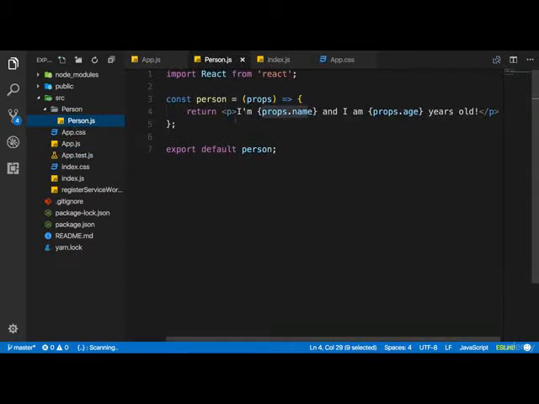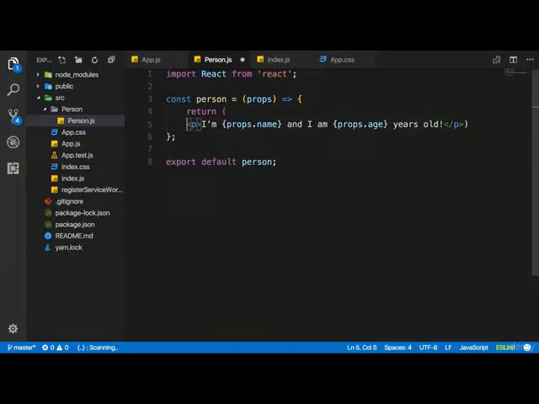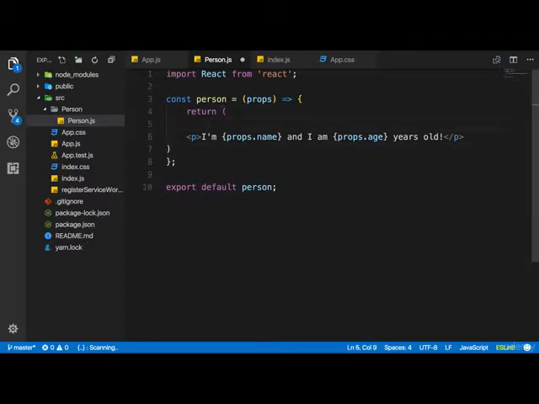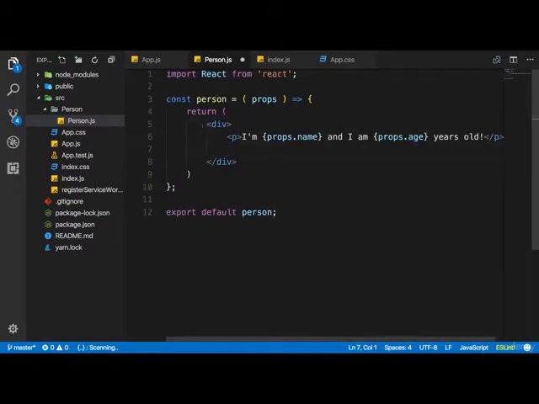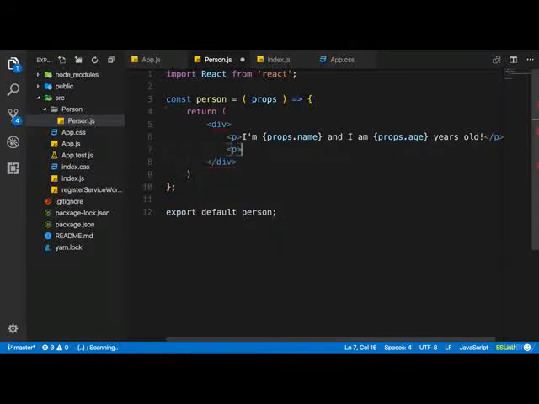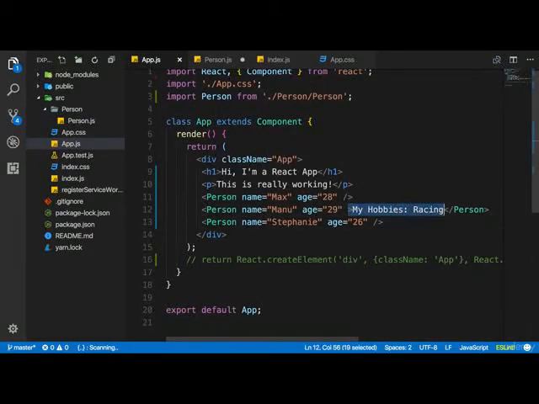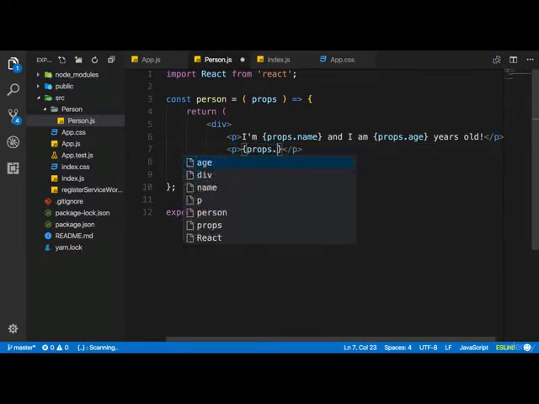In the person component where we want to receive it in the end, I will wrap my paragraph in normal parentheses so that I can write this over multiple lines. Because I now also want to create a wrapping element, simply a div, and I want to wrap the paragraph inside of this div and also add another element after this paragraph. This other element should also be a paragraph maybe, but it should be a paragraph which outputs this part we pass in between. We can simply do that by using single curly braces to output something dynamic, accessing props, and